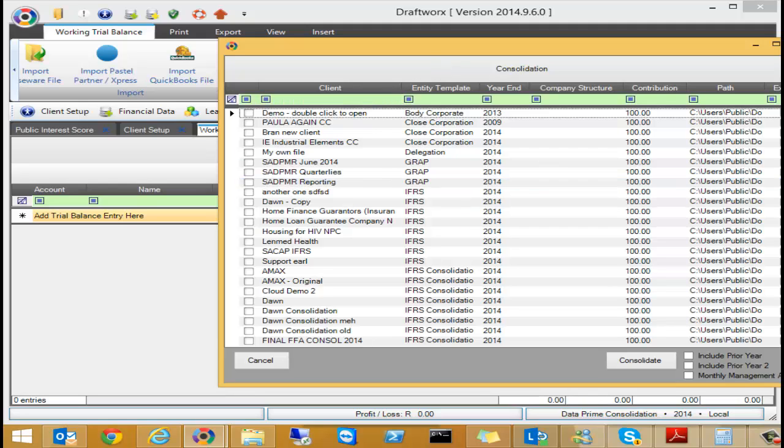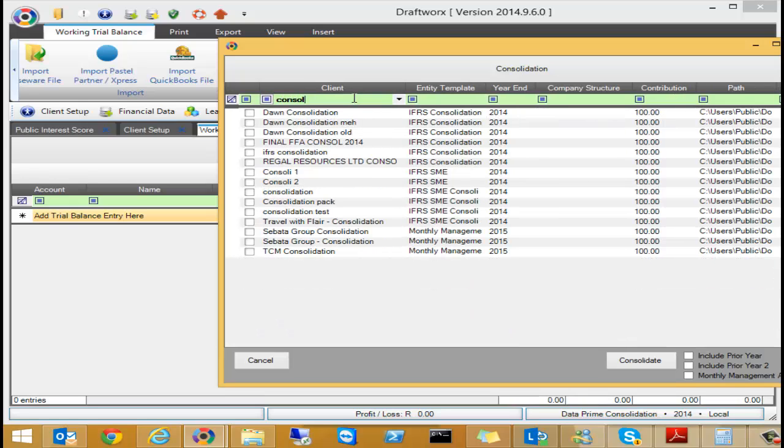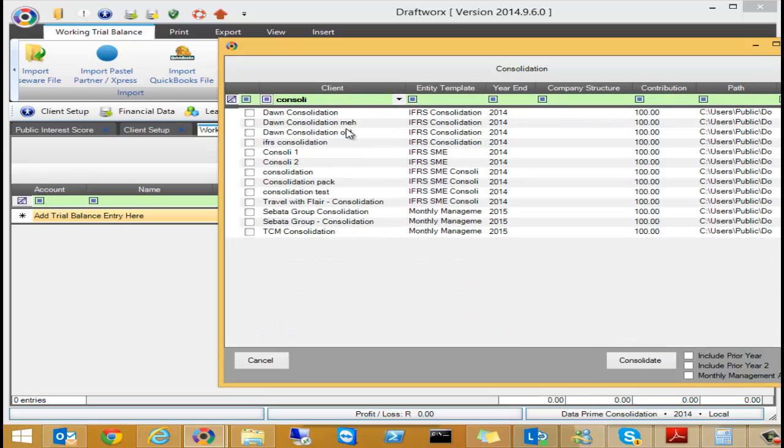Now, I need to go through and find the companies that I would like to consolidate. In this case, we're doing Consoli 1 and Consoli 2. Okay. Entity template, just for information purposes, yes. Same year end, fantastic. But now we need to tell Draftworx what is the company structure. In this case, Consoli 1, I'm going to say that is my holding company, and Consoli 2 is going to